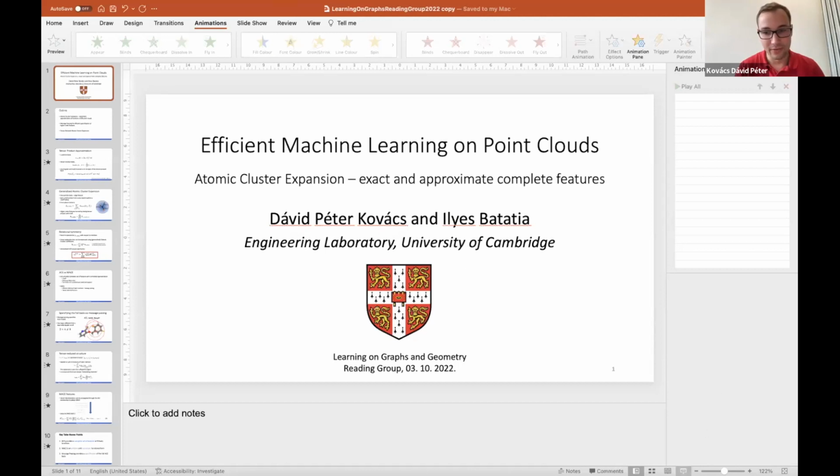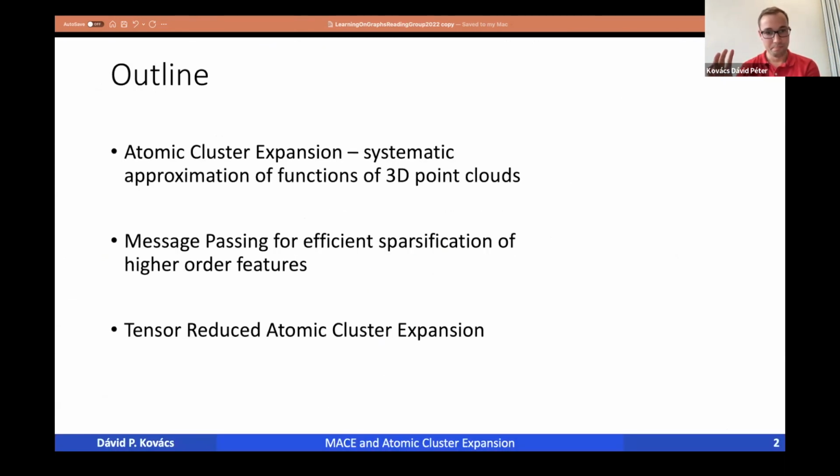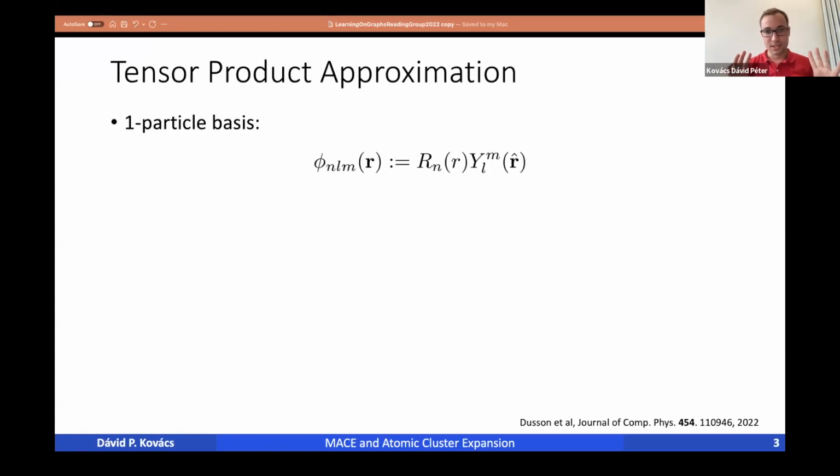What I wanted to very quickly and briefly show is that we actually do have a lot of theoretical justification for MACE. MACE wasn't born out of ad hoc experimentation; there's a lot of rigorous work going on behind the scenes. So I'll quickly summarize that there is the atomic cluster expansion, which gives a complete set of basis functions, and how message passing and this tensor-reduced architecture both help MACE be a state-of-the-art potential in speed and accuracy.